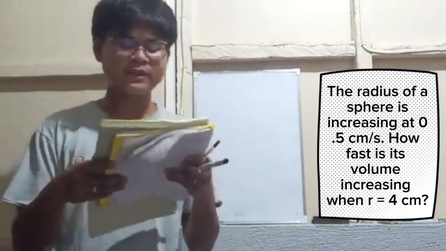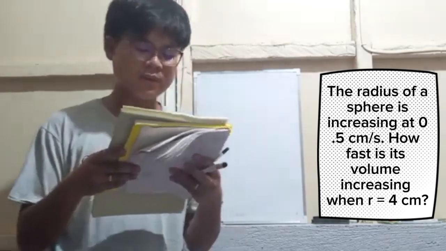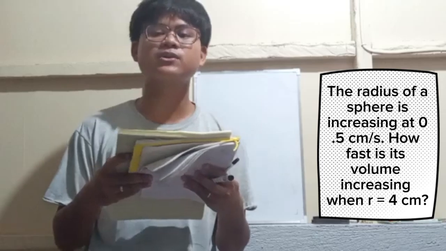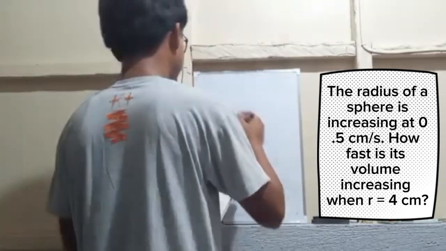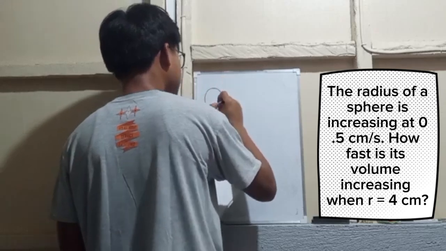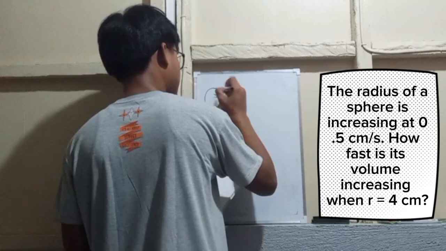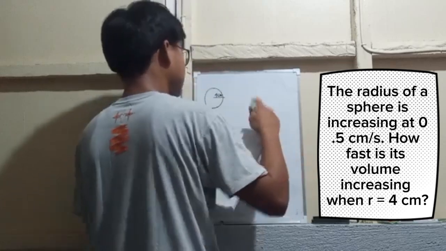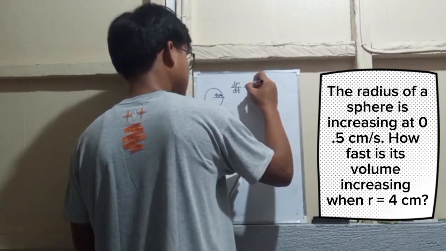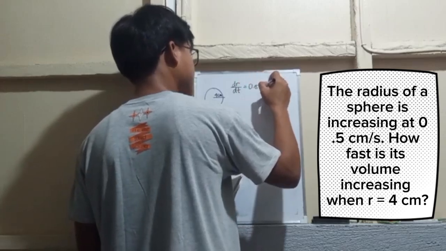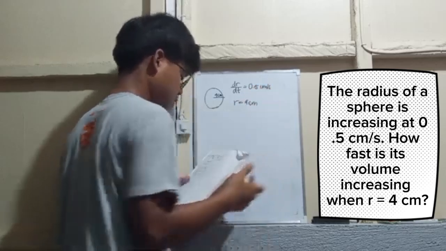The radius of a sphere is increasing at 0.5 cm per second. How fast is the volume increasing when the radius is equal to 4 cm? So we'll draw the sphere having a radius of 4 cm. Then the given rate of the radius is equal to 0.5 cm per second. So now we know that